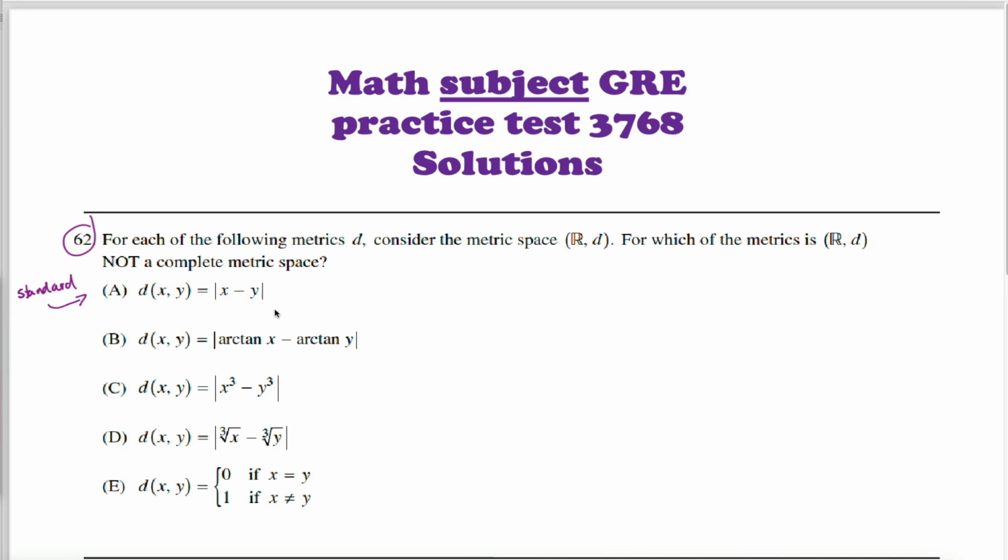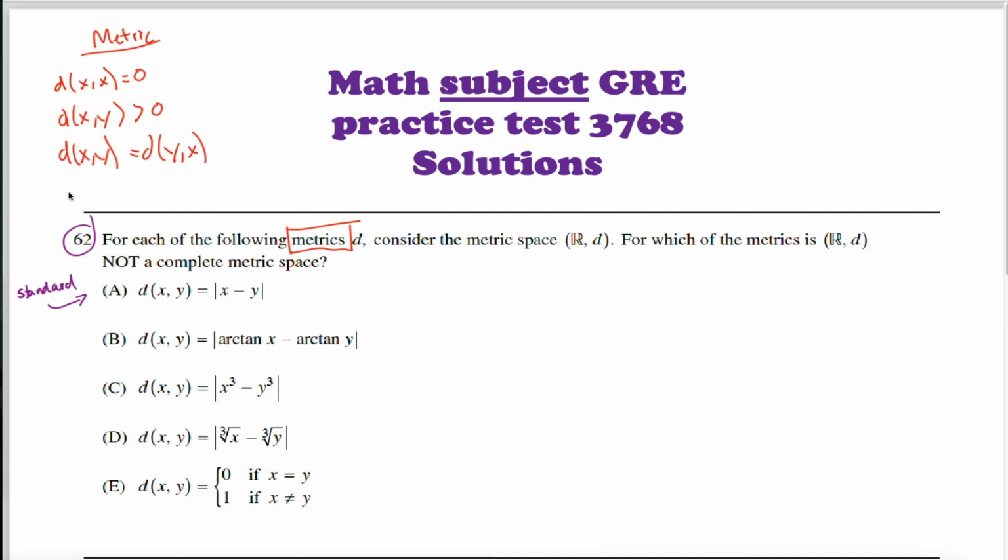The distance between 7 and 12 is the absolute value of 7 minus 12. The absolute value of negative 5 is just 5. But there's other notions of distance that can make sense in a given context, or just that make sense theoretically. As long as the distance between a point and itself is 0, the distance between any 2 distinct points is greater than 0, the distance between x and y is the same as the distance between y and x, and the triangle inequality holds, that is, the distance between 2 points is no further than the sum of the distance from the first point to some other point, and from that other point to your second point.